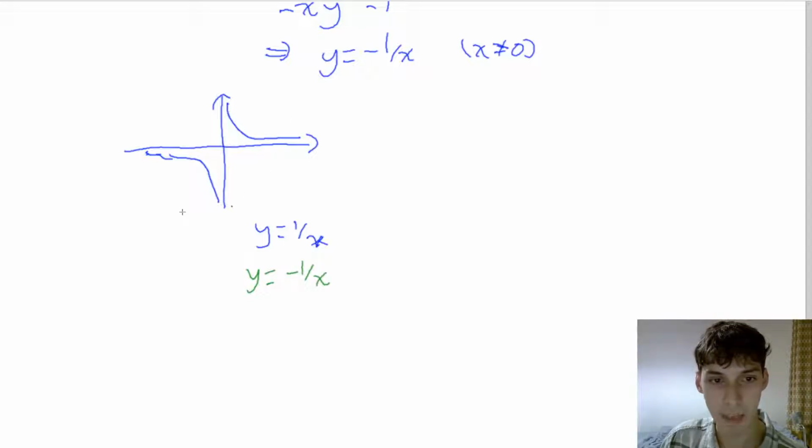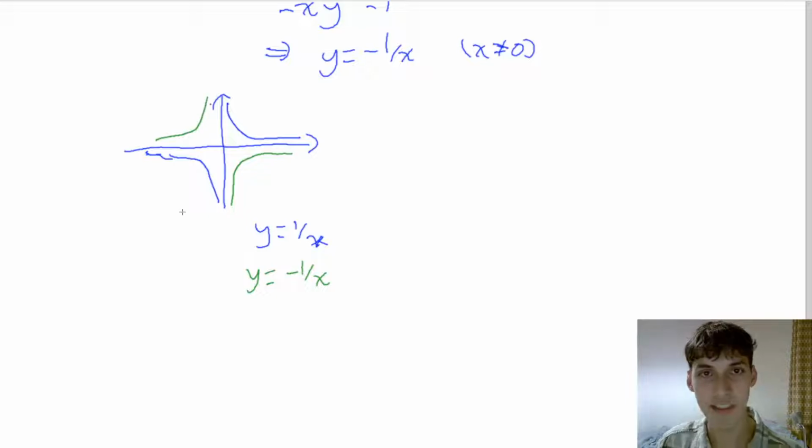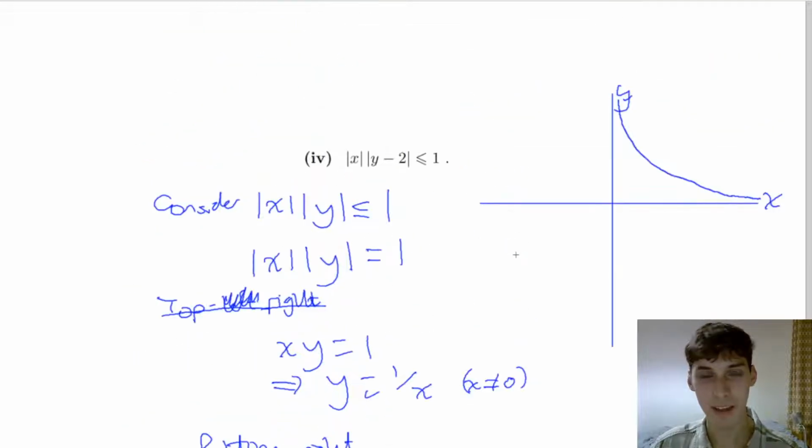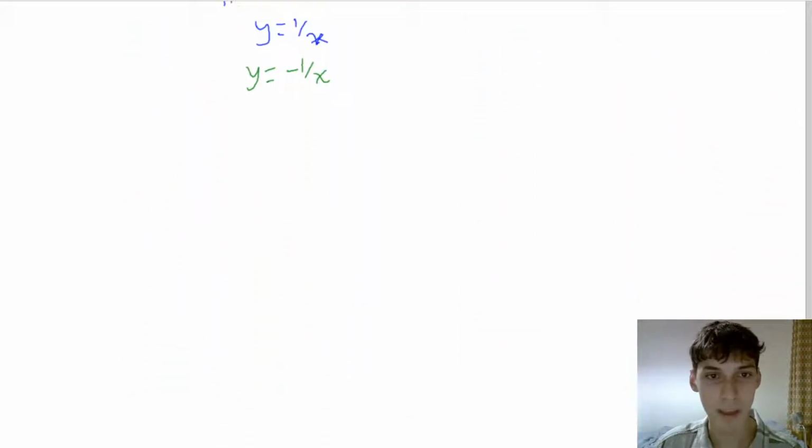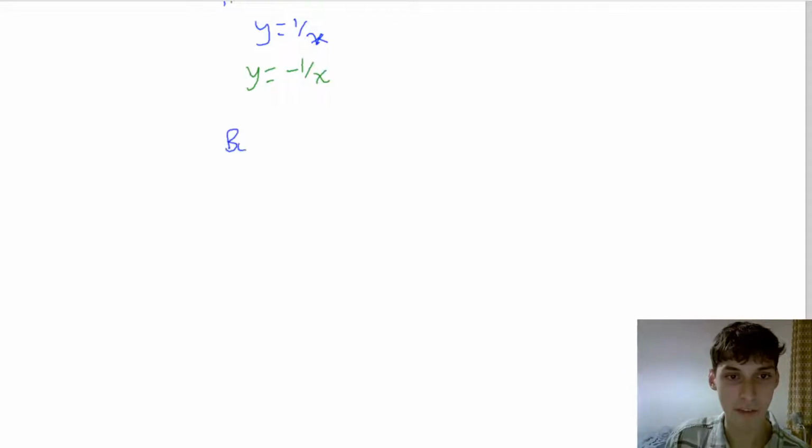We have this and this. Of course, we're just considering the bottom right quadrant, so we just consider this bit to the bottom right there. And it gives us a nice and symmetrical shape of this. Okay, so the other parts actually aren't going to take as long as you might expect, or as long as they did before. So if we do bottom left,